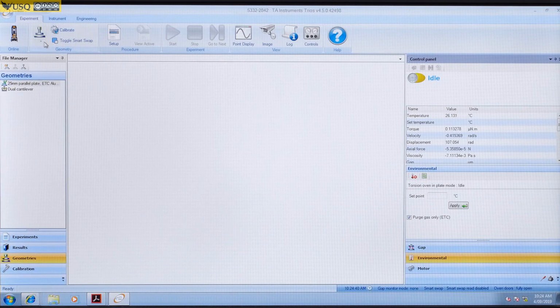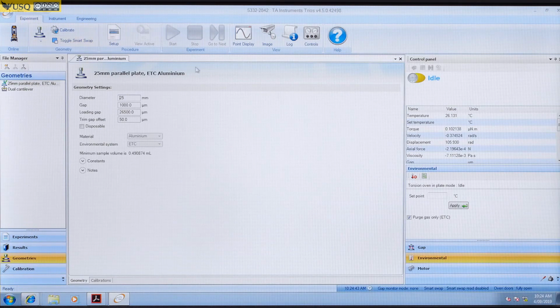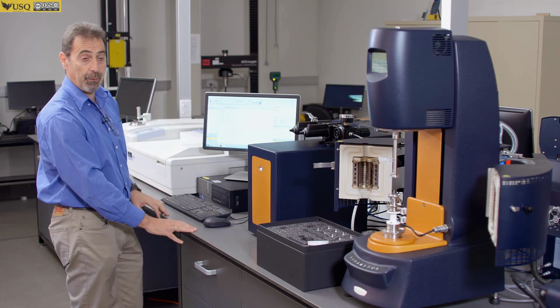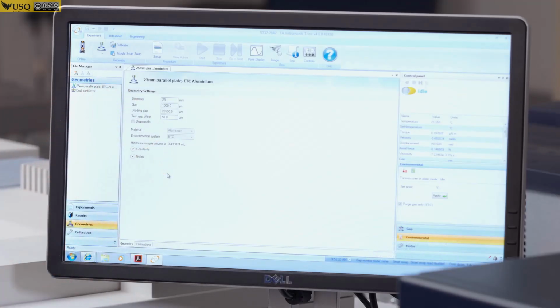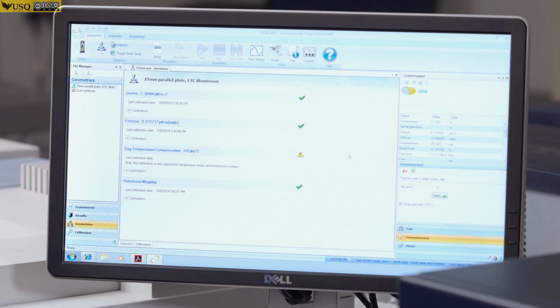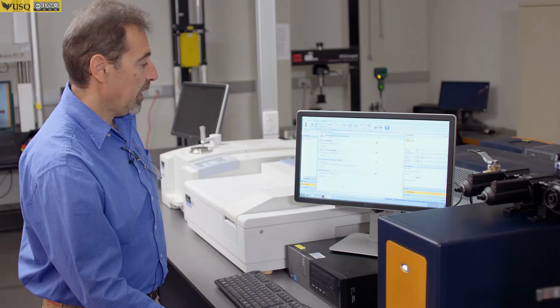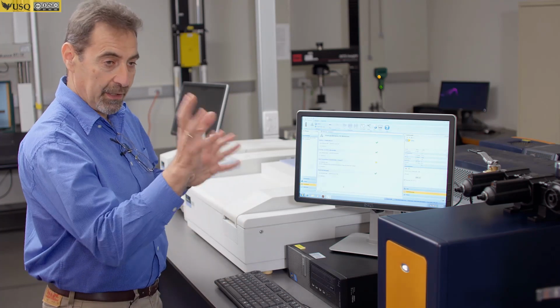If not, you go here. Oops, sorry. You go here and choose the geometry which you're working with. These parameters are usually default values, and you don't change anything here during setup. You can go to calibrations, and you can calibrate it if you want to, but you don't have to because this is all stored within your file. But from this moment on, you're ready to perform your